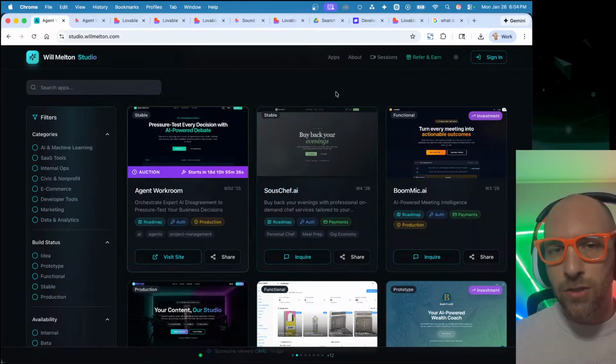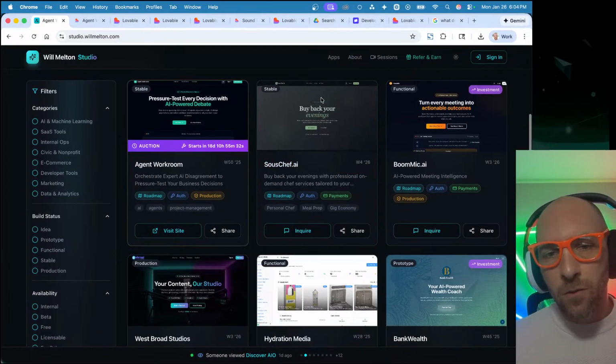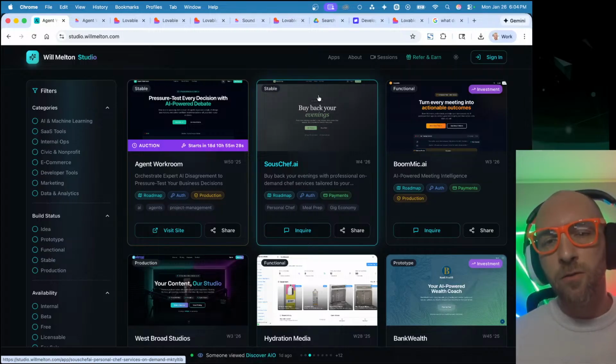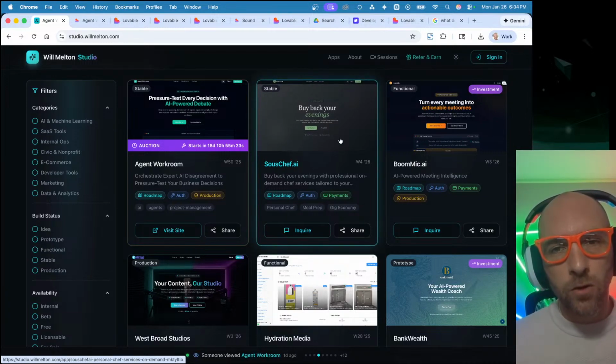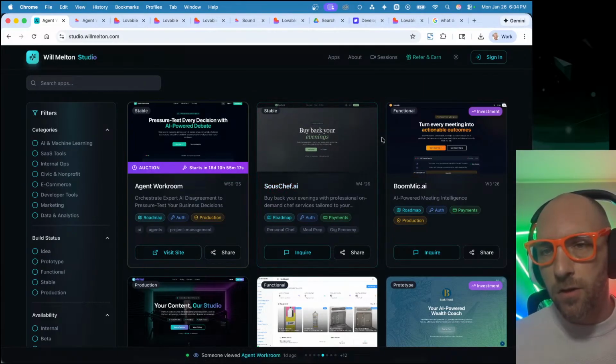Flexibility for eaters and chefs alike. That one is pretty far along from a development standpoint, but it needs to be tested. And we're going to hold on to this one for a little bit because I think there's a lot of potential here. Not ready for investment yet. We're going to take that one a little bit further before we do.